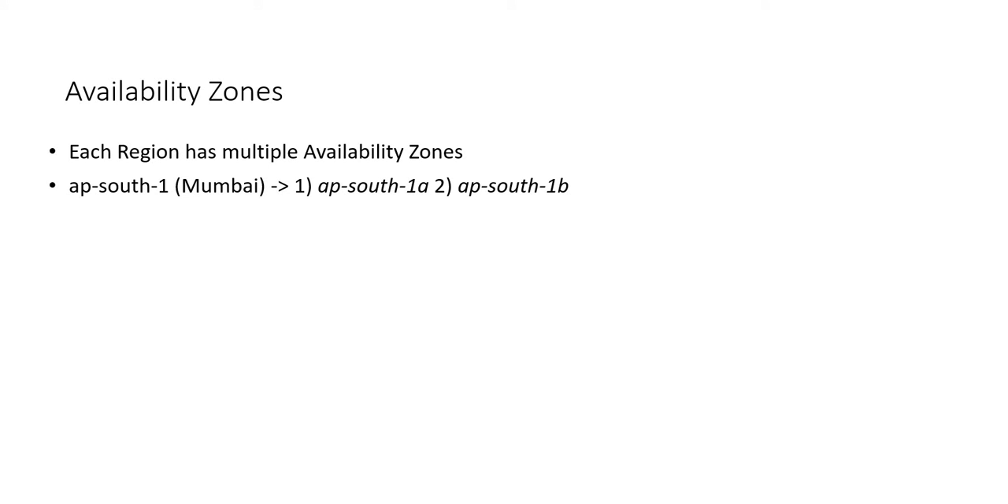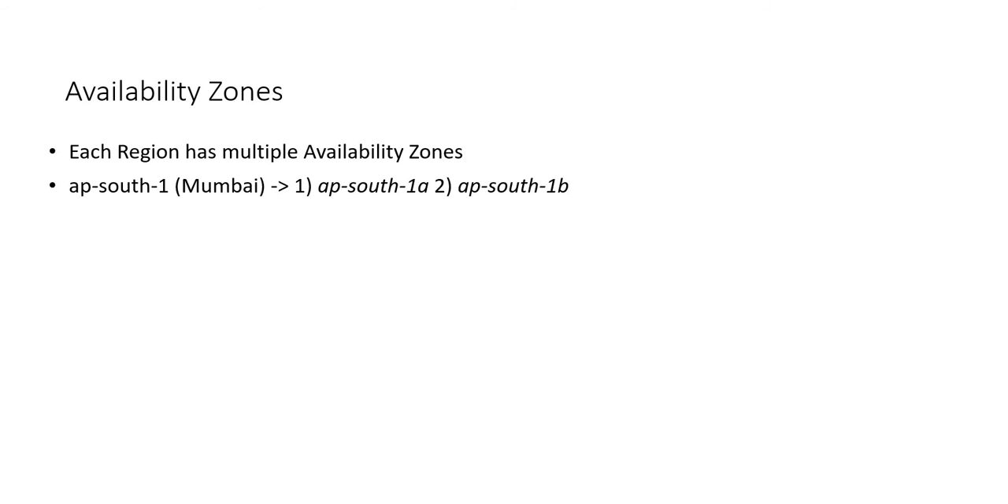Now let's see AWS availability zones. We usually call them AZs. So each region has multiple AZs. We have the Mumbai region as AP South 1, and it has two availability zones, AP South 1A and AP